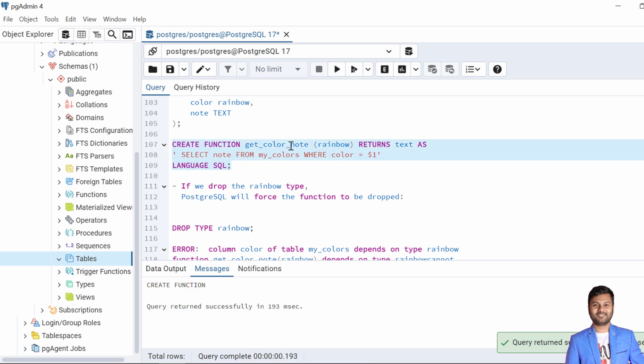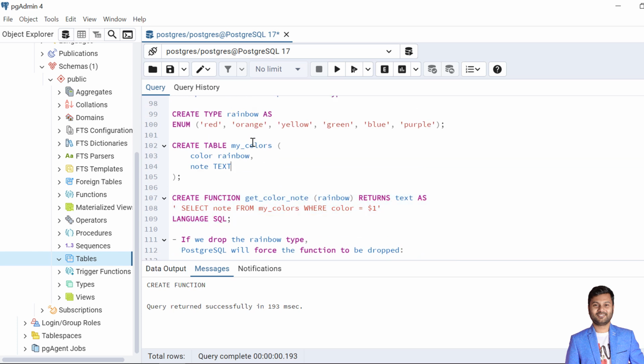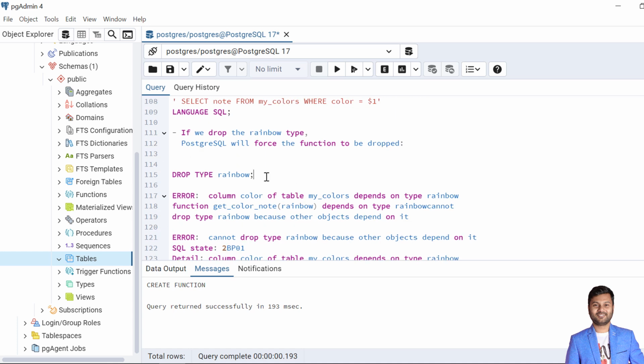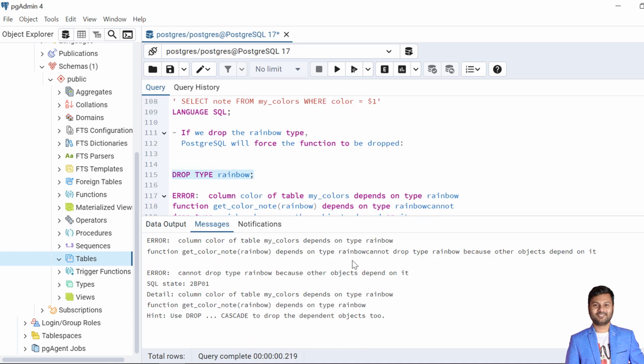Now let's try to drop the rainbow type, which we know is dependent on the table called my colors and also on the function called get color node. So let's try to drop the type called rainbow. We can see that it was not dropped and we got an error because